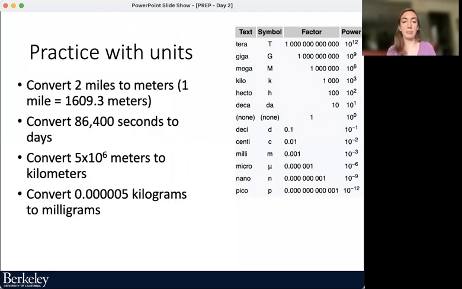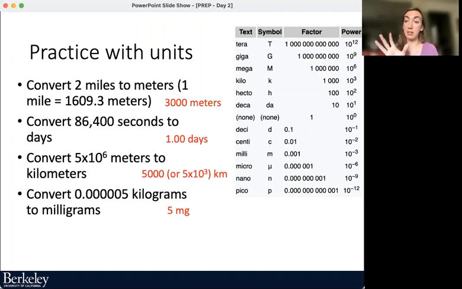And so going back here, I know from this table that kilo means 1,000. So 1 kilometer is 1,000 meters. And so what I can do is take 5 times 10 to the 6 meters,